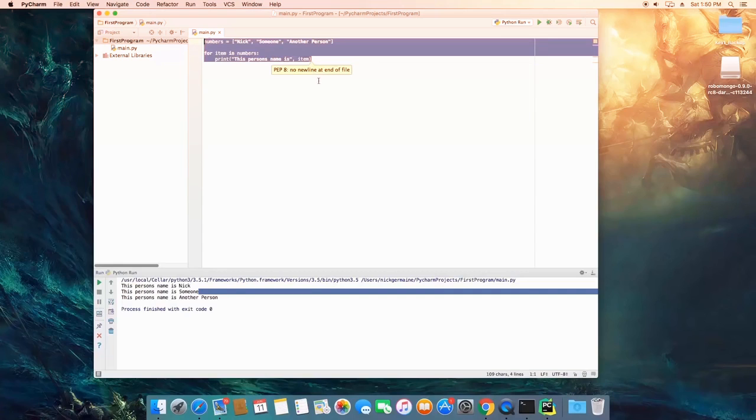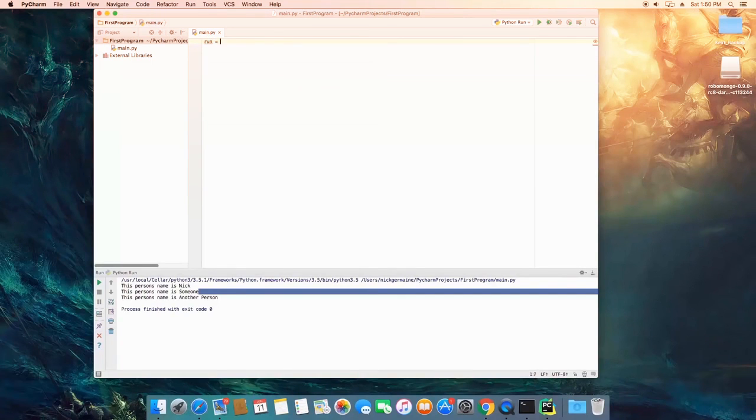Now we're going to learn about a while loop. So let's go ahead and create two variables. One is going to be called run, and it's going to be equal to true. And the other is going to be called current, and it's going to be equal to 0. Actually, 1. So let's go ahead, and what we're going to do is type while run, and then we write what we want to happen